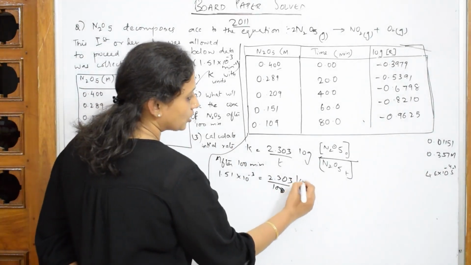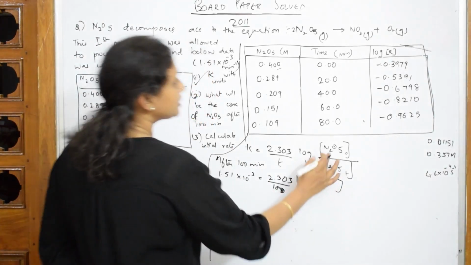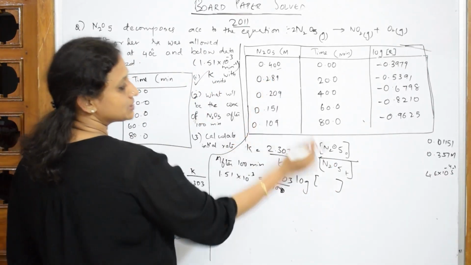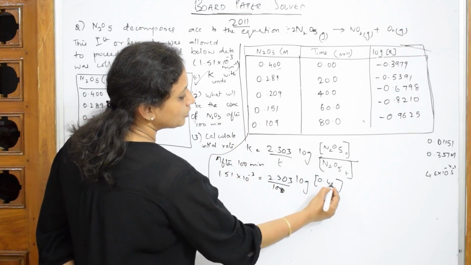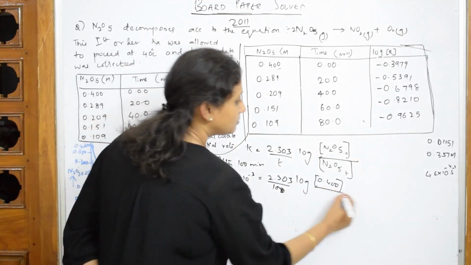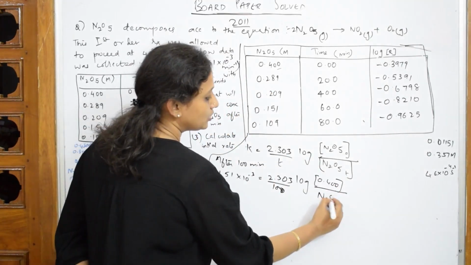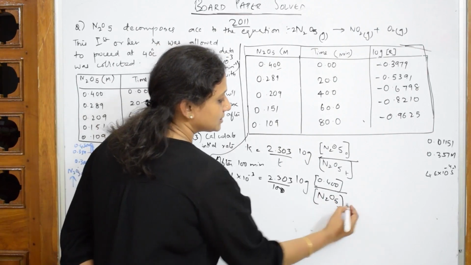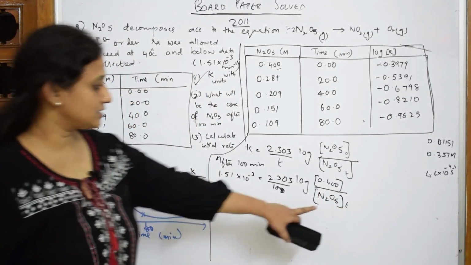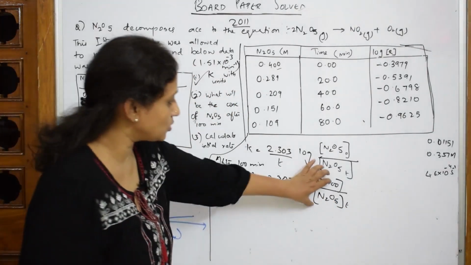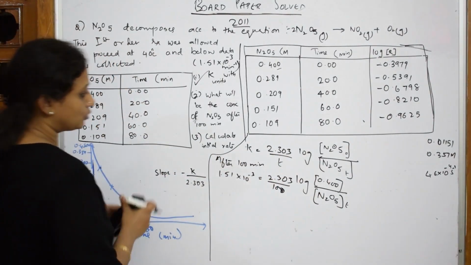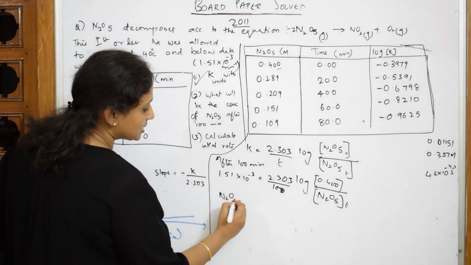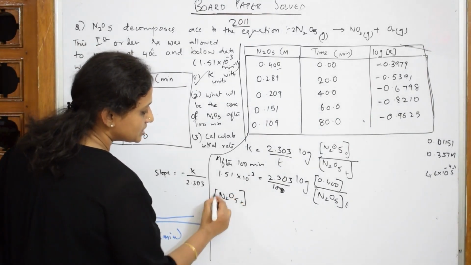After 100, log of, how much is N2O5 concentration given to us initially, because this is the initial concentration. So write that. It is 0.400 divided by N2O5, I have to find out N2O5, isn't it? Yes, done. Now take this N2O5 out, or pick this whole log out, not a problem. When I take out that N2O5, I get a constant or answer of, this is the time T, I get an answer of